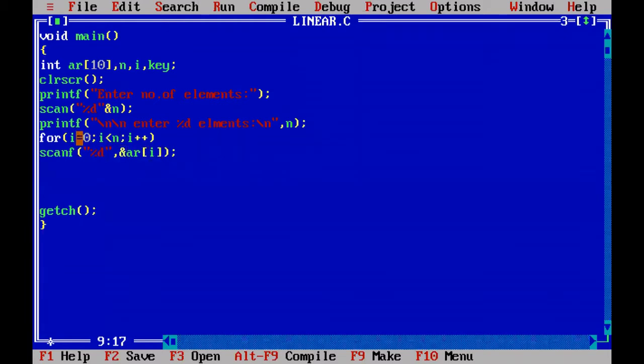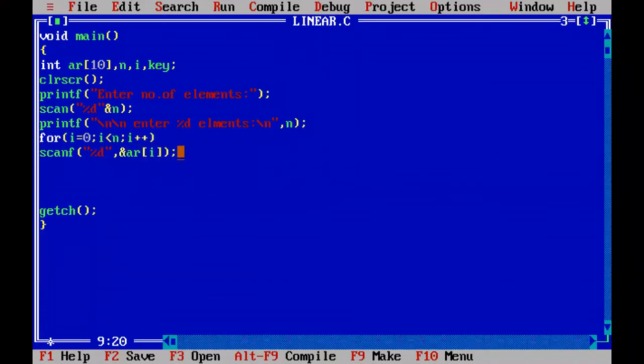And whenever the i variable is incremented from 8 to 9, the condition 9 less than 9 is false. So by that time, 0 to 8, totally 9 repetitions. For each repetition, one value is captured with scanf, and we are storing into the respective indexes, starting with ar[0] to ar[8]. All 9 elements are entered and stored into the ar array.